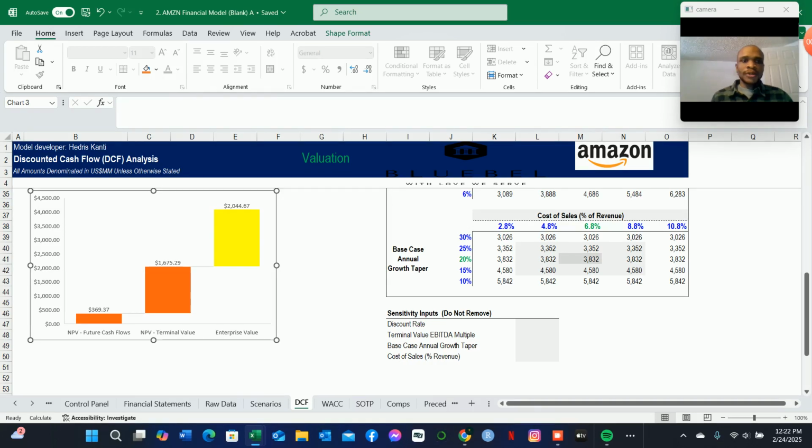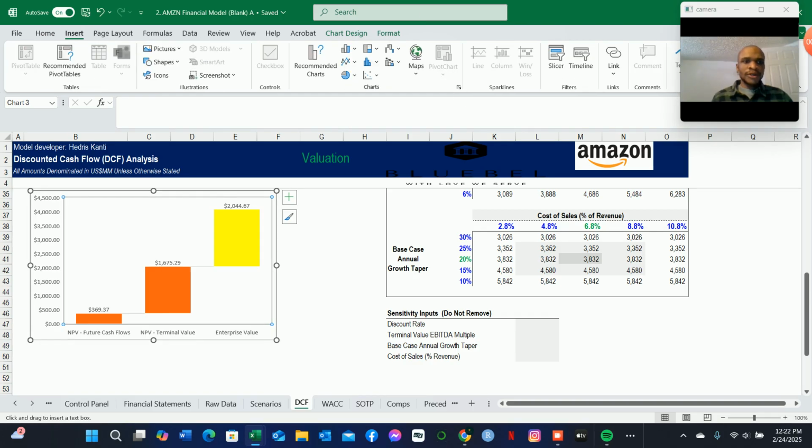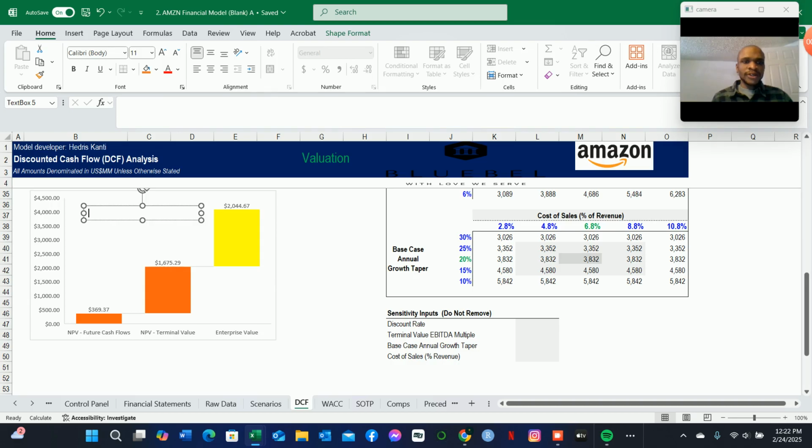So we can insert a text box here. Let's go Alt and X to insert a text box. Let us draw the text box here and let us write inside the